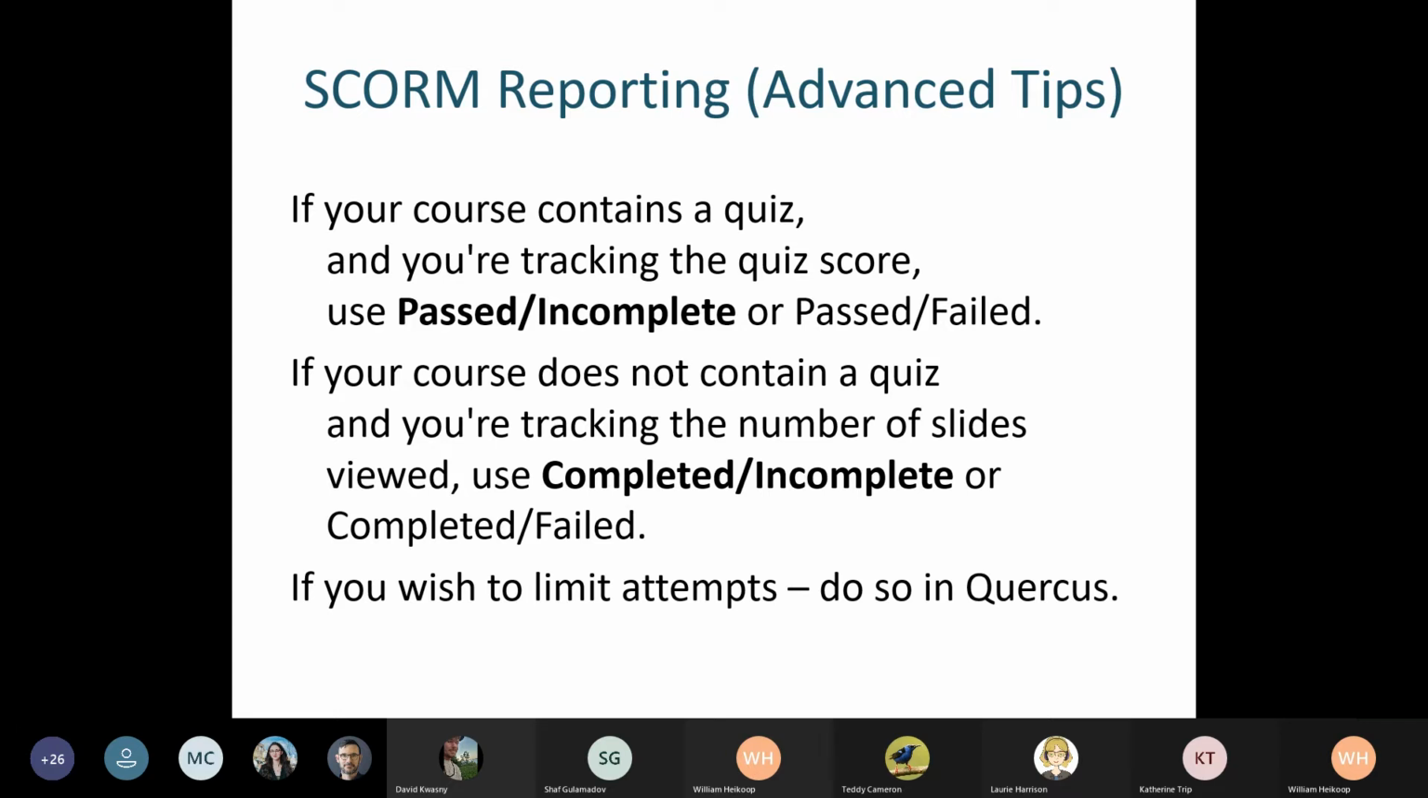And if you're just doing the number of slides viewed, then the best course of action is to use complete/incomplete. Basically, so long as the students viewed, let's say, 48 of 50 slides, if that's the threshold you set, it'll just be marked completed in the LMS. And you can set that as worth 1 point or 100 points, but basically it'll just show that it was